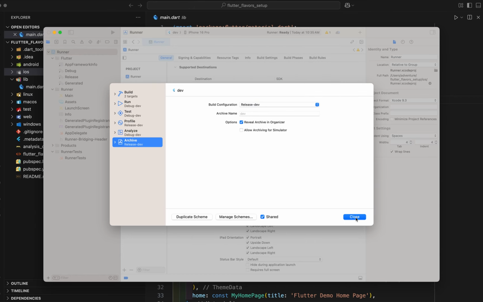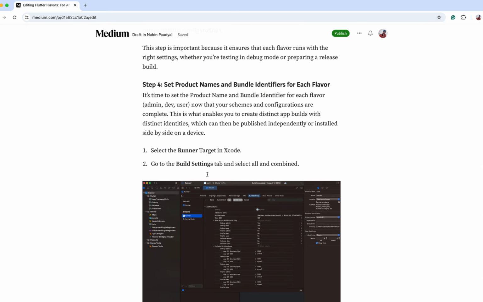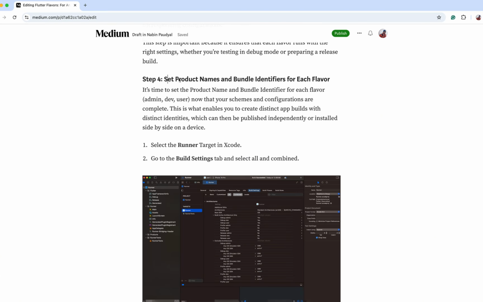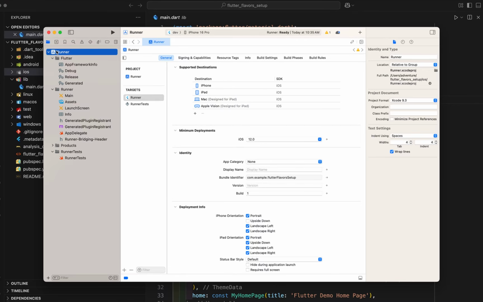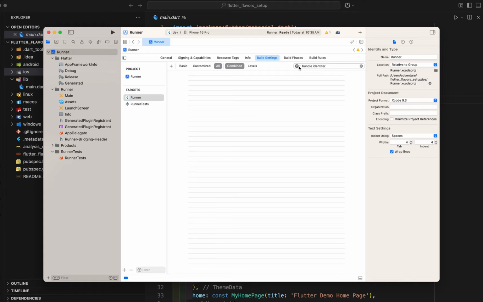This process will complete it now. After you have set up, the next step is to set the product name and bundle identifier for each flavor. First, select the Runner target in Xcode. With the Runner target selected, in the build settings, just search for bundle identifier, and don't forget to